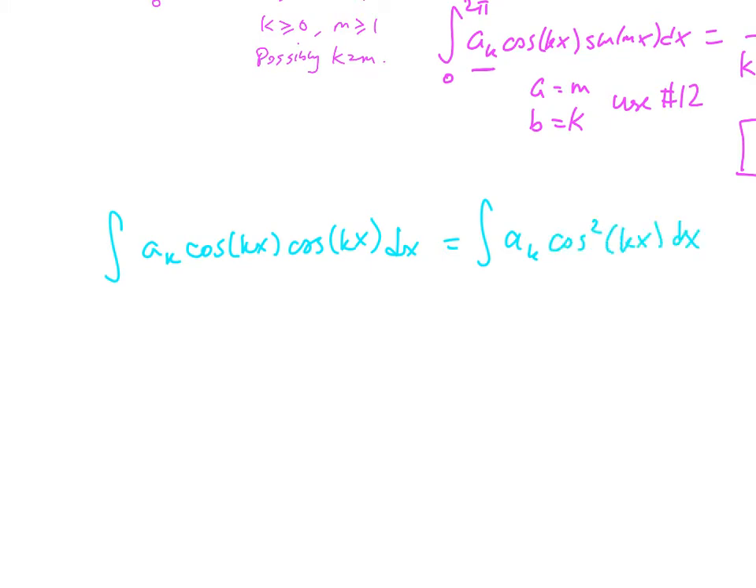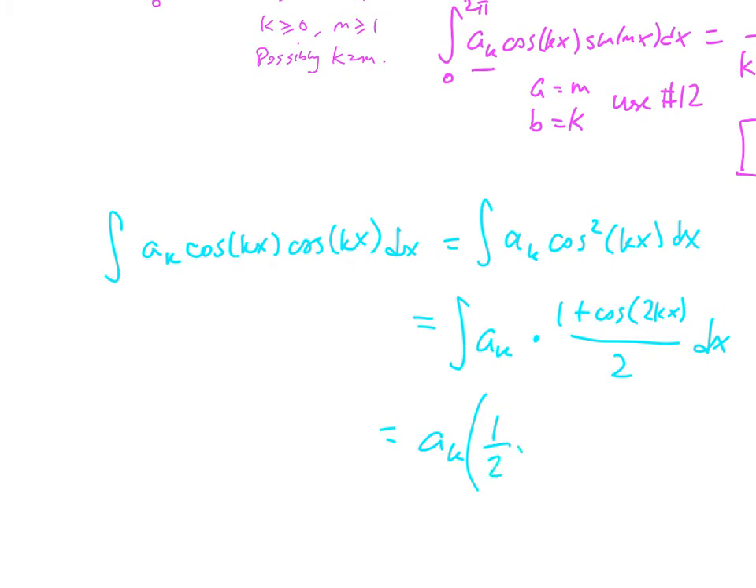And now I'm going to use my super famous trick that I do with cosine squared functions, which is I turn them into something a little bit more hospitable. I'm going to turn this into (1 plus cosine of 2kx) over 2 dx. So then the antiderivative is going to come out to a_k times, what is that? That's 1/2 x plus, and then what do I get there? I think I get sine of